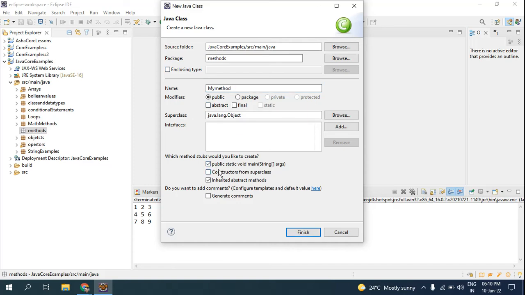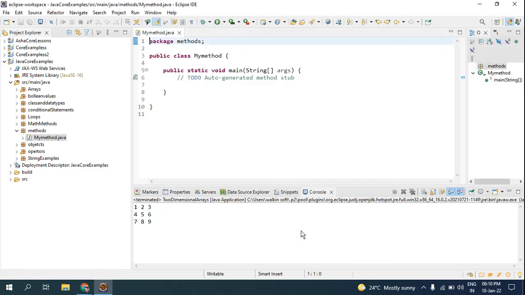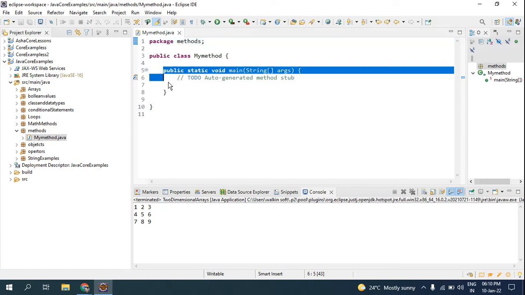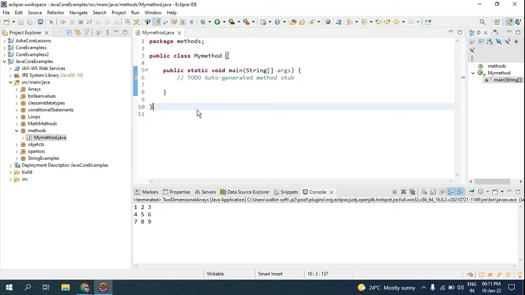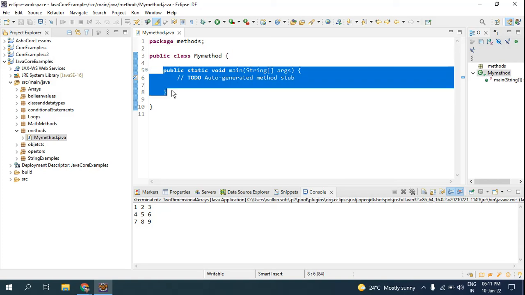As I said before, there are so many inbuilt methods which Java provides for functionality. Look here, even this is called a method. Method and function are one and the same. You can either call it a method or you can call it a function. Both are one and the same. Here, this is the main method, an inbuilt function.